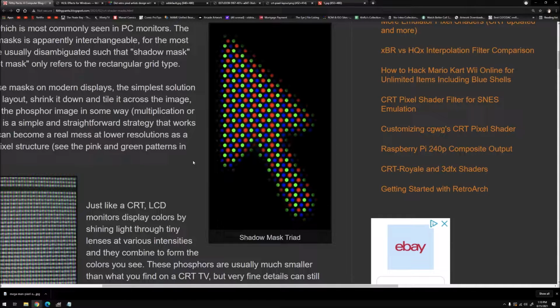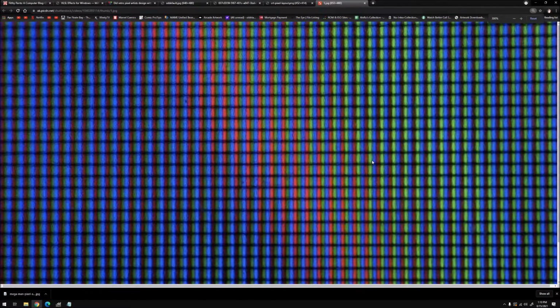But when you're not using an arcade CRT monitor, when you're playing at home on like an LCD flat screen, you just can't have that perfectly. People have tried, but it's always a gimmick, it's always fake, it's not real. Because you have, on a liquid crystal display, it's more like this up close,